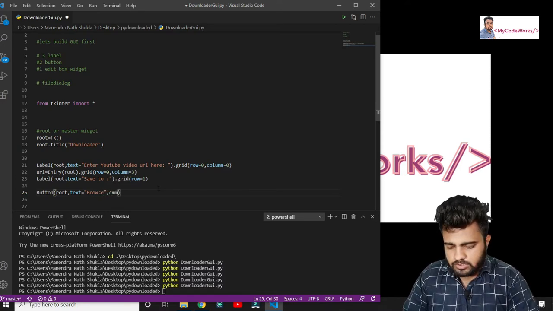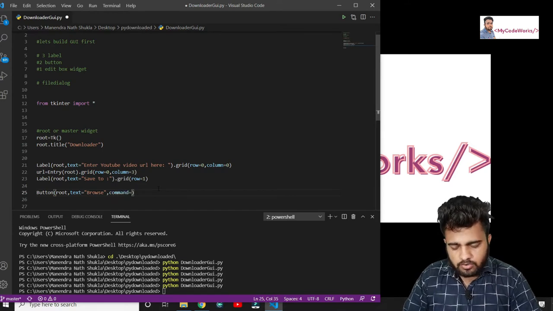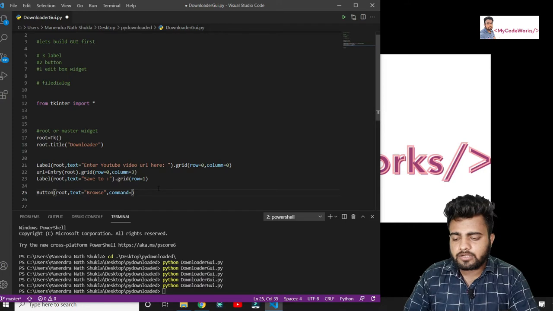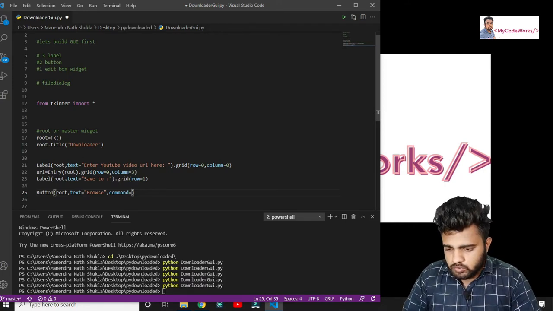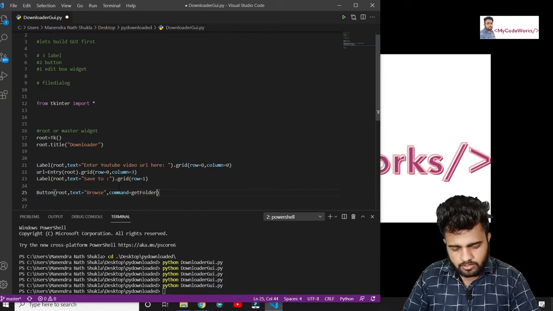And command. The command will be your function. After clicking on this button, which function it will go to, right? So I will just say get folder, right?